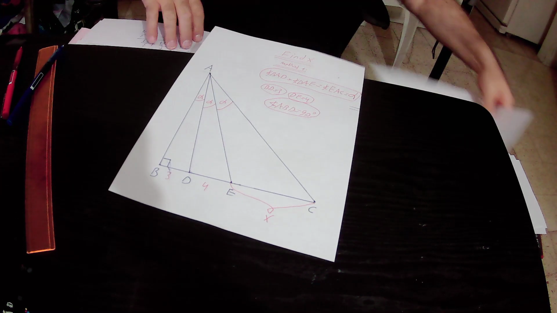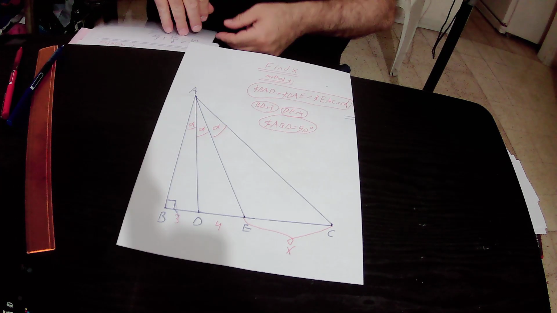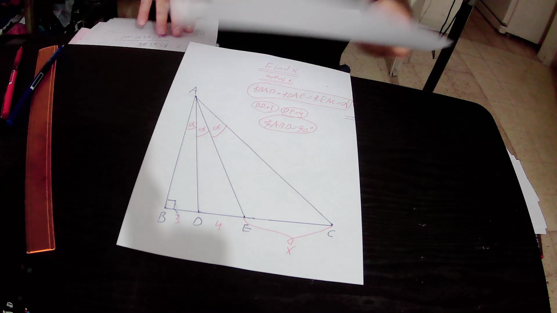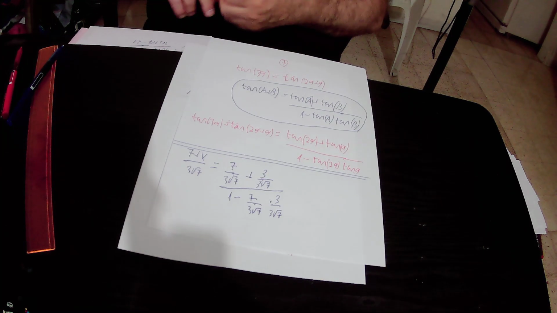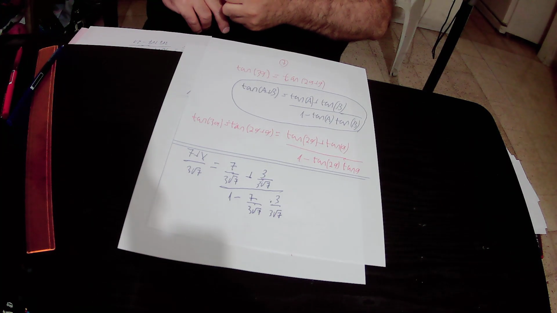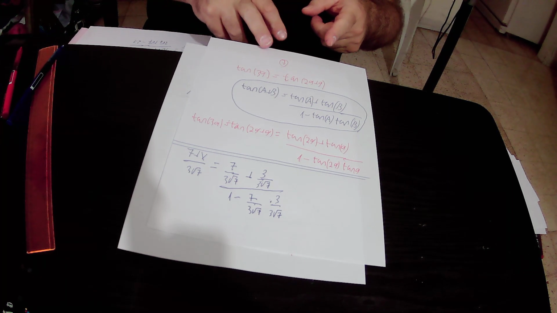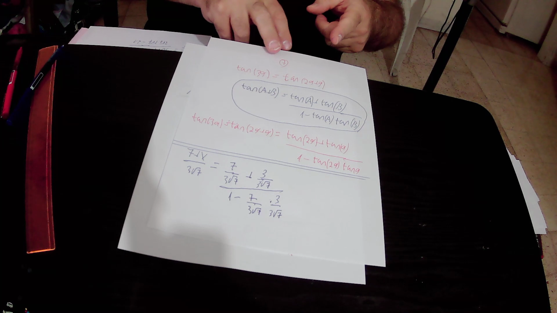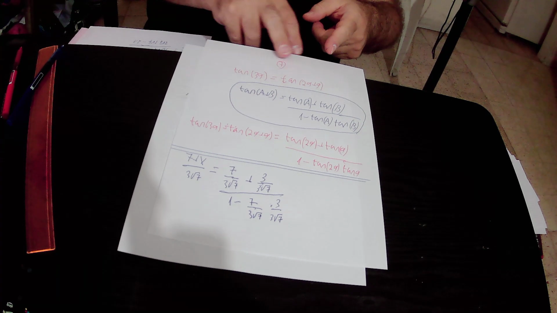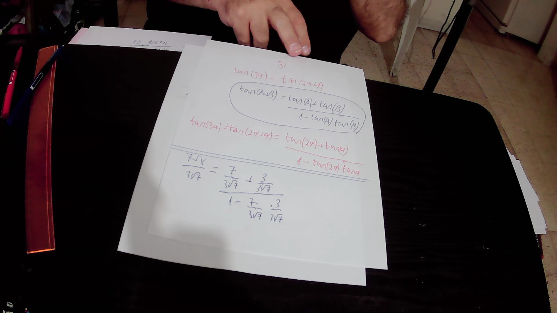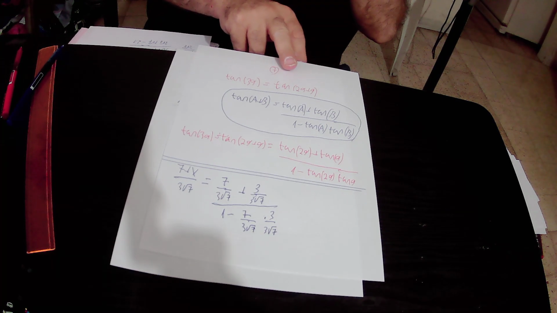Then we also know that tangent 3 alpha equals tangent of 2 alpha plus alpha. Okay? Because 3 equals 2 plus 1. So tangent 3 alpha equals tangent of 2 alpha plus alpha. So in order to find the value of tangent of 2 alpha plus alpha,